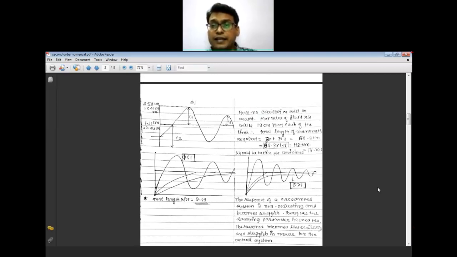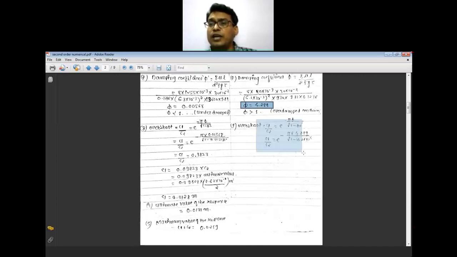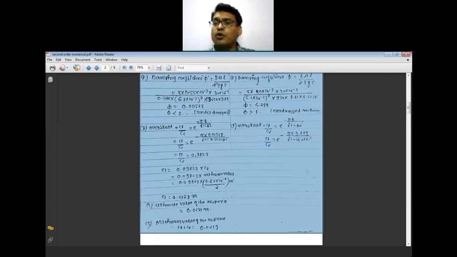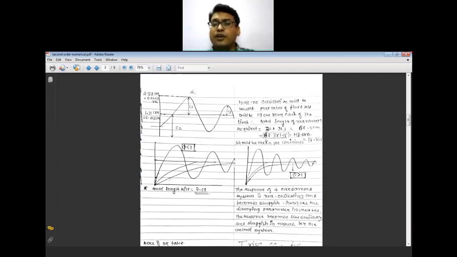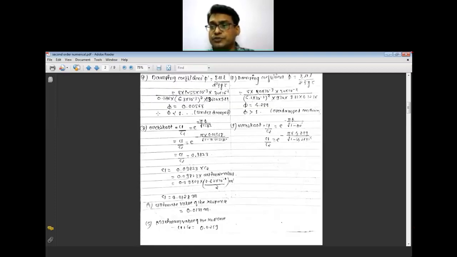And if phi is greater than 1, you won't get a sinusoidal response. And as I get higher values of phi, that is going to give me a sluggish response. So even if you try to calculate these overshoot values, you will not get correct values. Some vague values you will get. That means there is no overshoot observed when phi is greater than 1. Phi greater than 1, you will not observe any overshoot. So it is applicable for phi less than 1 systems.